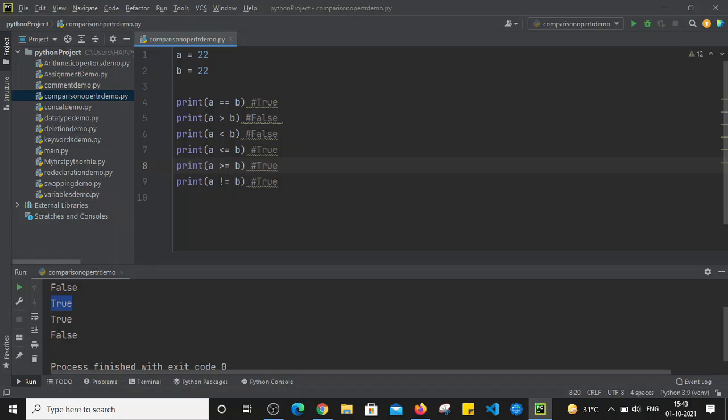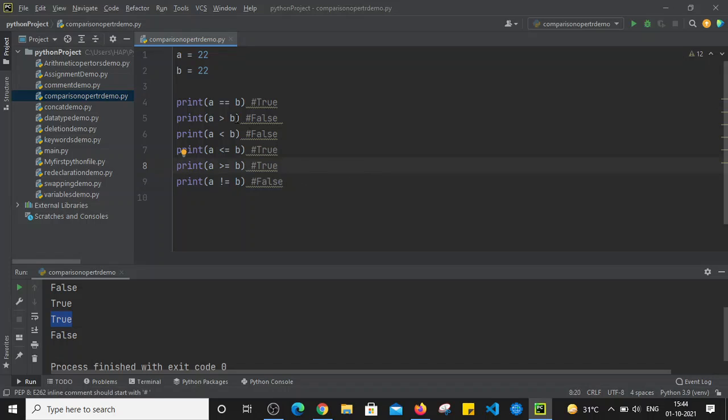If it is greater than b, it will return true, and if a is equal to b, then also it will return true. That's why it is returning true. And the last one is a not equal to b. Here a is 22 and b is also 22. That means a not equal to b will become false because both the values are the same.